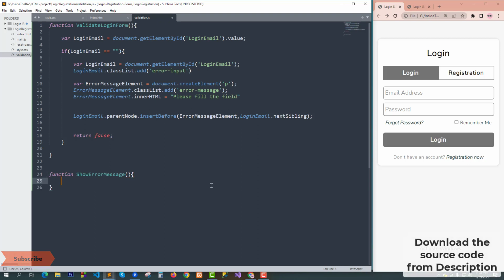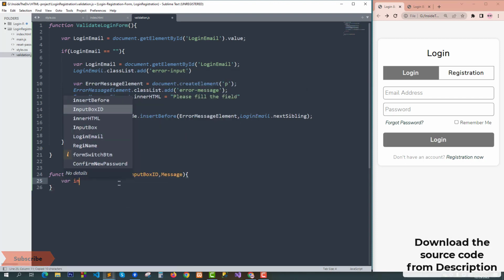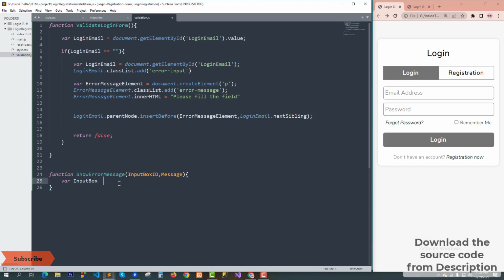This function will take our input box ID and the message. From this ID we will take the input box, document.getElementById. The ID is this variable,